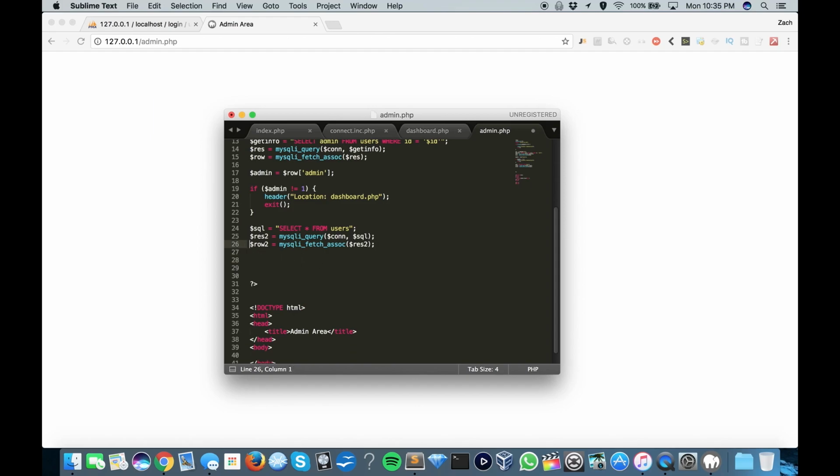You know what? I made a mistake. So here's what we're going to do. We're going to list all of our users, so we're going to create a while statement. While row 2 equals all of that, echo row first name dot space dot L name space ID number space full stop row ID. Okay, so now this should, in theory, if I didn't screw up,